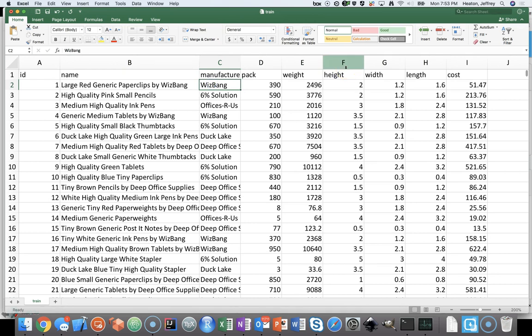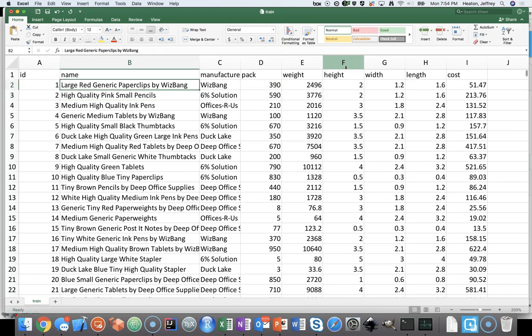Some of the manufacturers put their name into the products, some do not, like high quality pink small pencils by, the manufacturer is 6% solution. You could probably do dummy variables on the manufacturer because there's not that many of them. So it would go good as a categorical. But there's information about these items that you can definitely extract if you want to do string parsing on it. If you want to do just the very basic model, just use your numerics and see how well you can predict the cost. If you want to go more advanced,